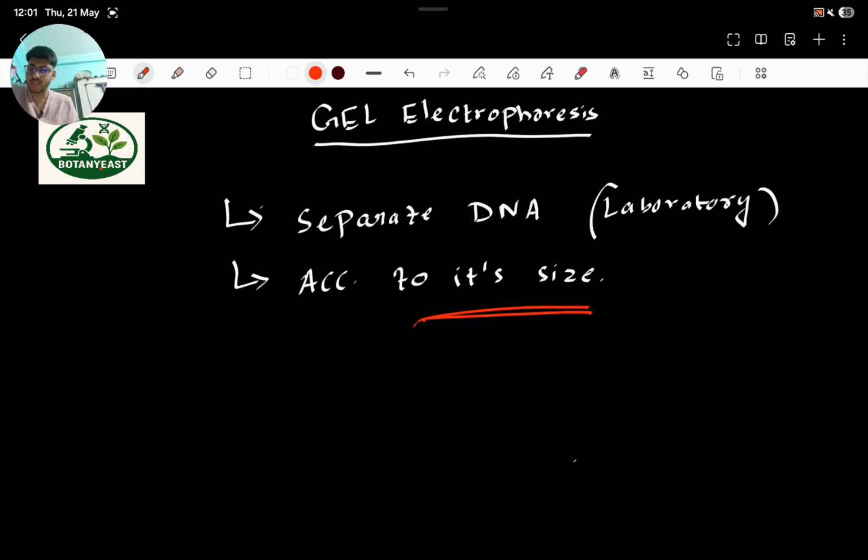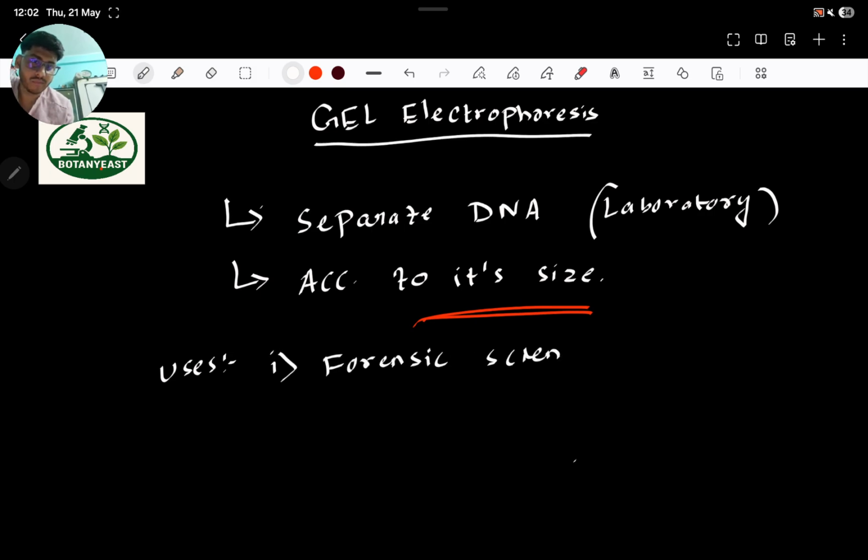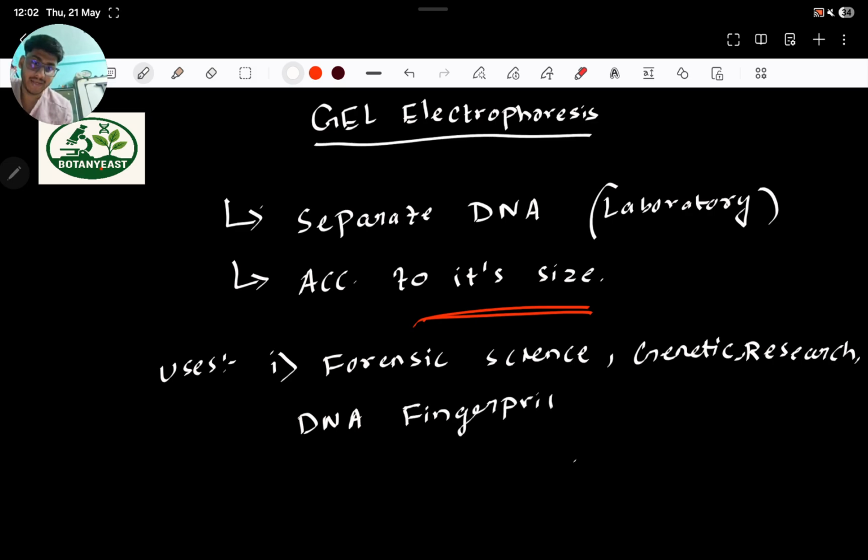Now, where are these used? These are used in forensic science, in genetic research, in DNA fingerprinting. So, the uses, write it down. Forensic science, genetic research, and mainly DNA fingerprinting. Okay,